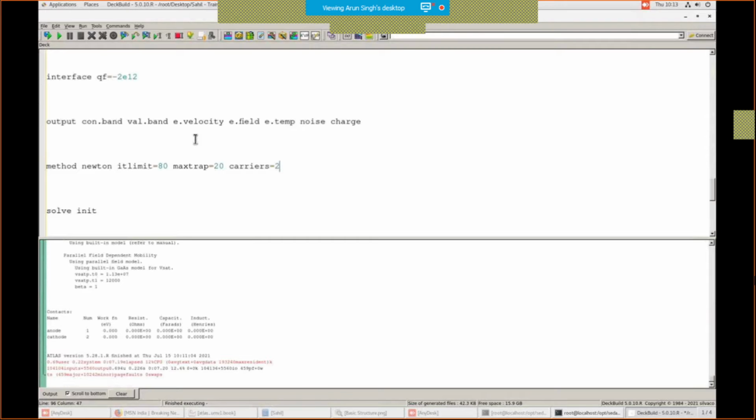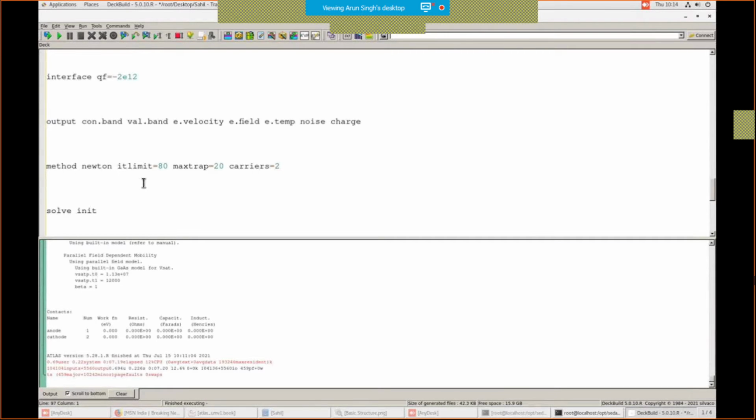IT limit is the iteration limit, and max trap is the further trapping limit in each iteration. Like in 80 iterations, each iteration will have 20 further iterations. So overall there will be 1600 iterations, and carriers are also defined. If you need to define a single carrier, you write carriers equal to 1. Since I have both kinds of carriers, I am using two carriers here.